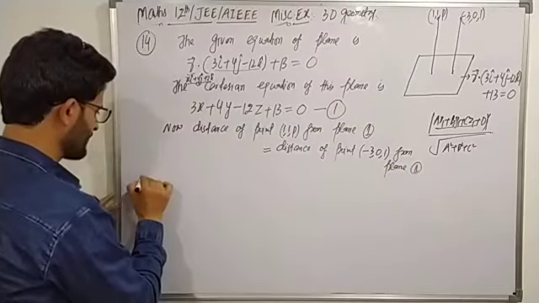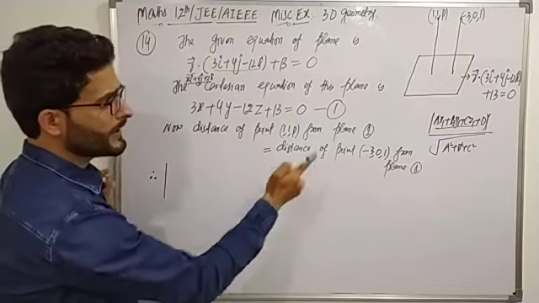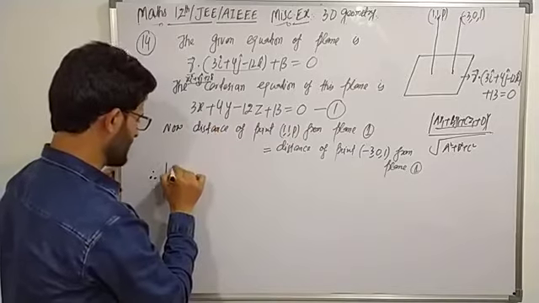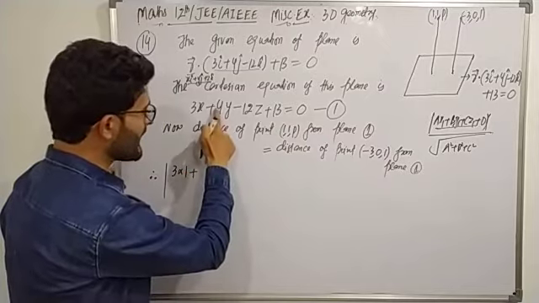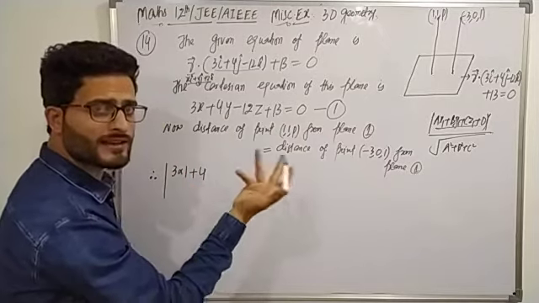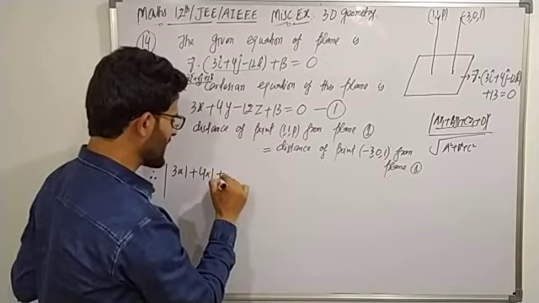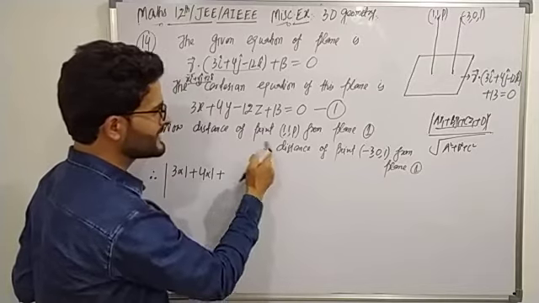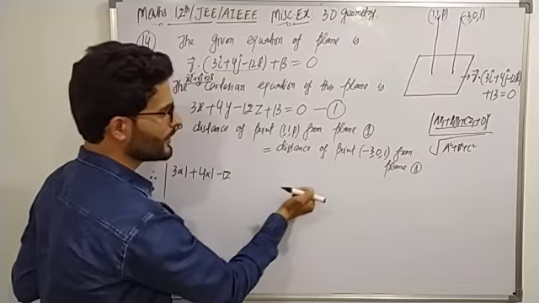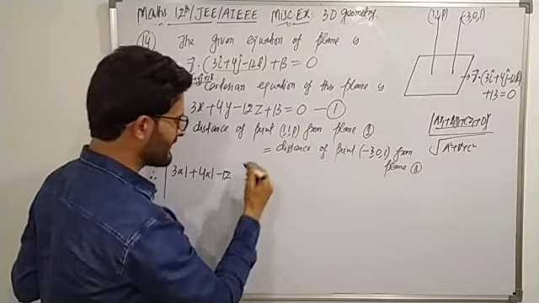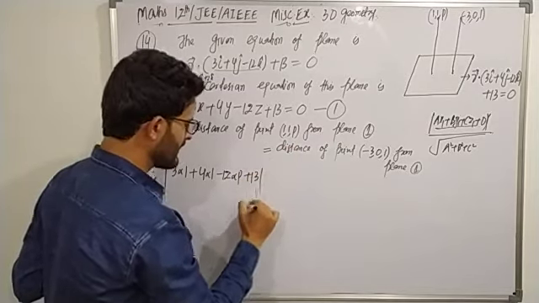Therefore distance of a point from a plane के लिए फॉर्मूला क्या होती है? मॉड ऑफ ax1, a का वैल्यू 3, तो x1 इज द x कोऑर्डिनेट ऑफ अ पॉइंट दैट इज 1 प्लस by1, b का वैल्यू यहां पे 4 बिकॉज a, b एंड c आर द डायरेक्शन नंबर्स ऑफ द प्लेन. 4 इंटू y का कोऑर्डिनेट दैट इज 1 प्लस cz1, दैट इज c. यहां पे c का वैल्यू -12 सो -12 इंटू z1. What is the value of z1? That is p, and plus d that is plus 13 divided